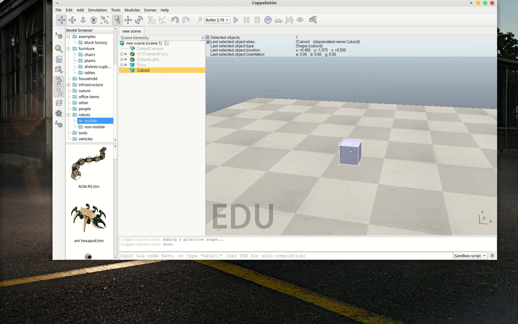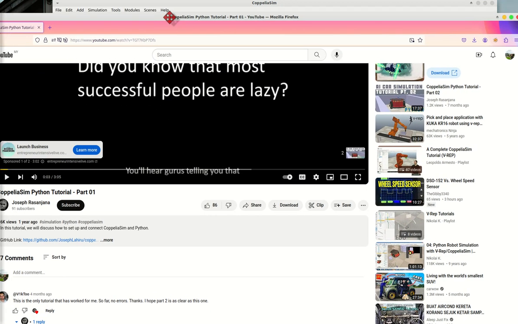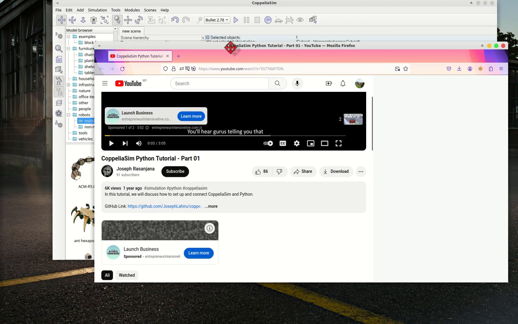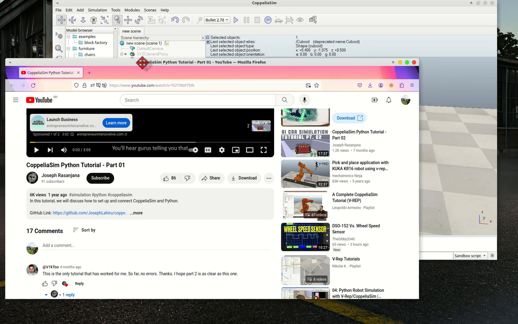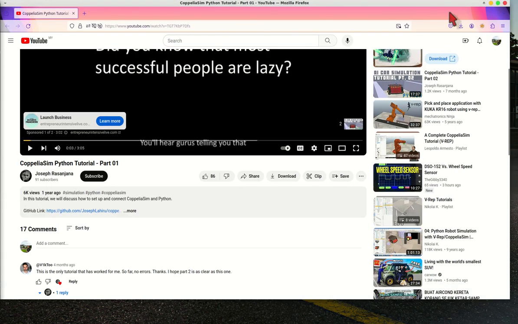There are many tutorials available on CoppeliaSim. I would suggest you follow the tutorial given in here. You can search for this tutorial, the CoppeliaSim, not this one.